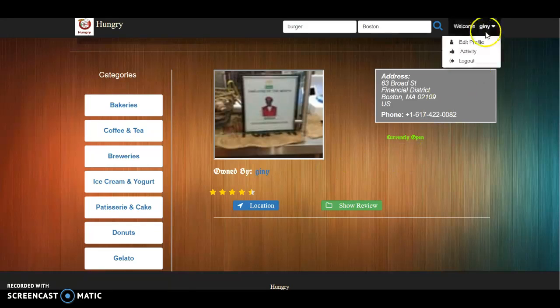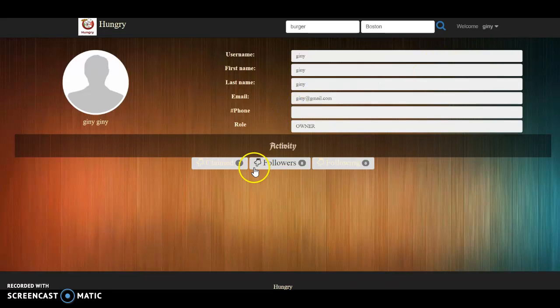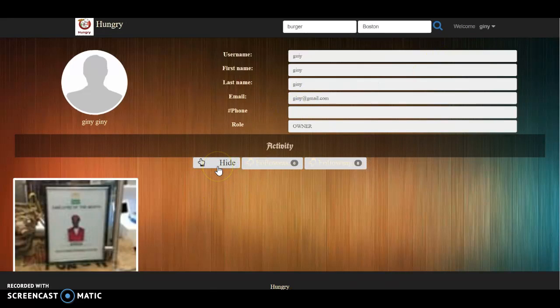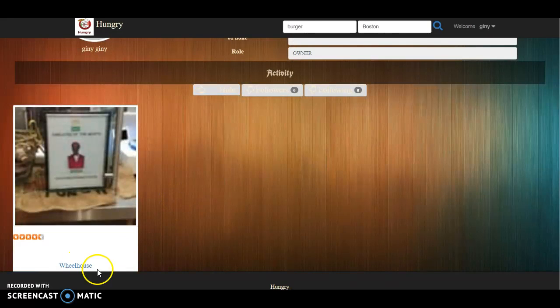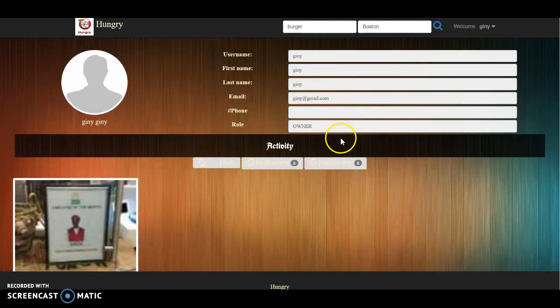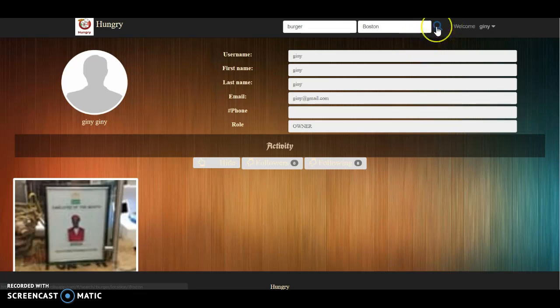And once we go to the activity page, we can see that in the claimed bar the restaurant appears, Wheelhouse. So this is how it works. And now going back to the burgers,